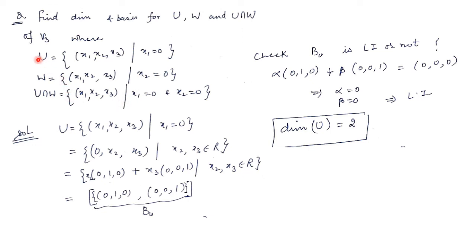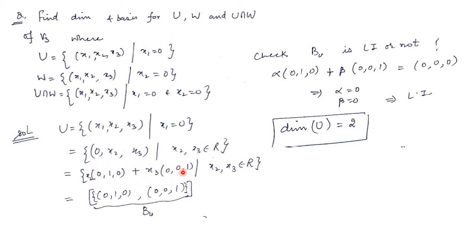Okay, so these are our subspaces. We have to find the basis and dimension of each set. Now just see what our U set is. It is (X1, X2, X3) with the condition X1 = 0. So put X1 to be 0. We get only two variables, X2 and X3. Now you can take X2 common. You get 0; the coefficient of X2 is 1. Here the coefficient of X2 is 0. Plus you can take X3 common: 0, 0. The coefficient is 1.